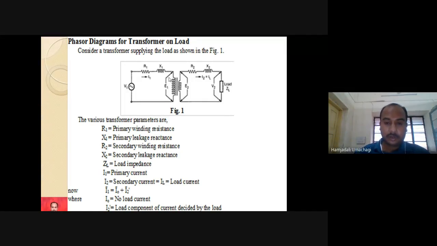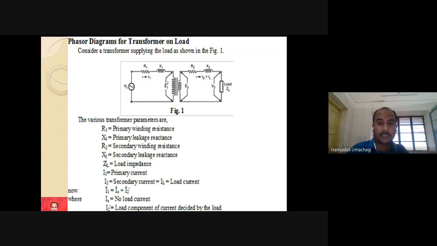But I have shown all the things in paint option, where that magnetizing branch will appear. But that magnetizing branch you are going to see once I start equivalent circuit concept. Don't worry. If I add that magnetizing branch here, then simply it will become complex for the students to understand. Are you getting my point? We are trying to minimize the complexity for the students here. For that sake, we are not highlighting that magnetizing branch here.